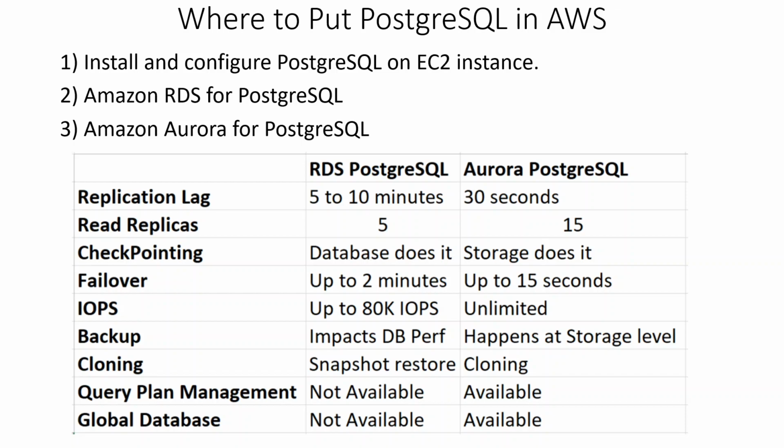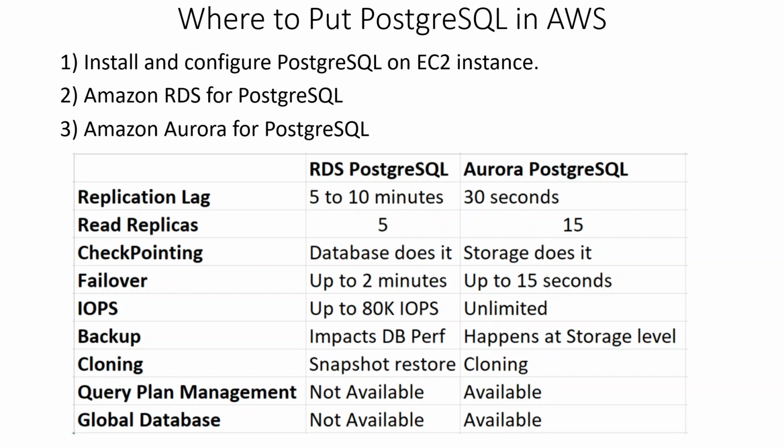If you have some legacy application which needs to be on the same machine where your database is, or if your database has some strong dependencies on the underlying operating system, and you have to tinker at the OS level, then you have no option but to use an EC2 based Postgres. If that is the case, you should definitely be looking at modernizing your application and its data store to decouple from each other.